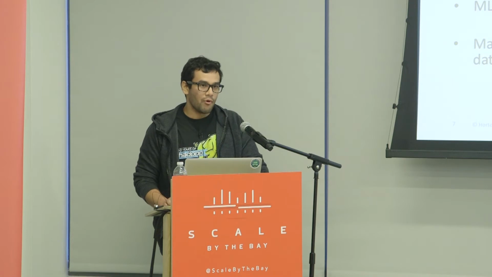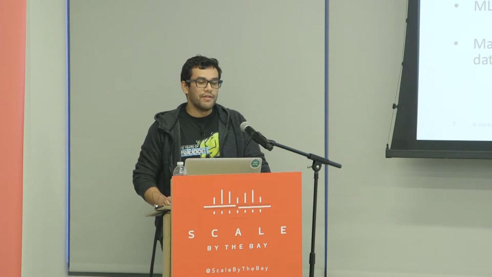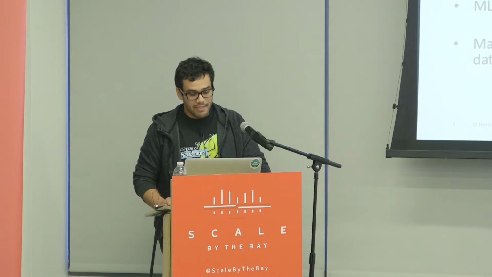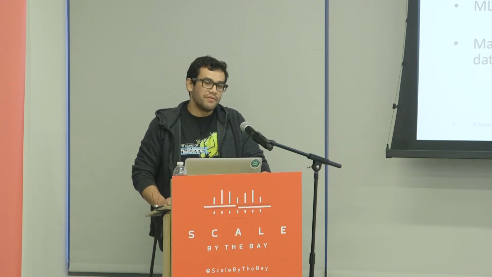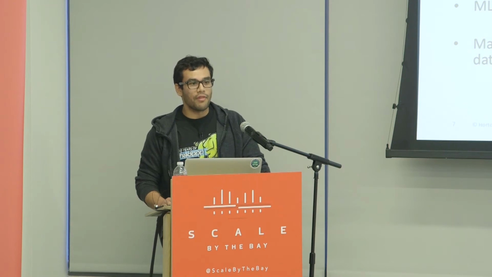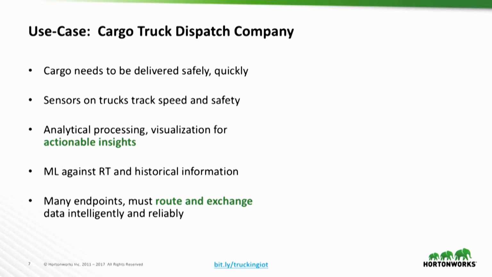And there are a lot of endpoints, because you have sensors on every truck and maybe different hubs and web services that you correlate with sensor data. There's a lot of data sources. And we have to be able to intelligently route data from these data sources to what we'll see are a number of services in our backend.